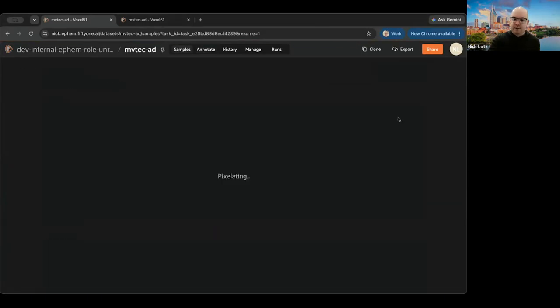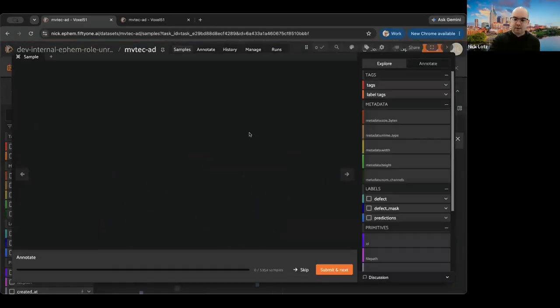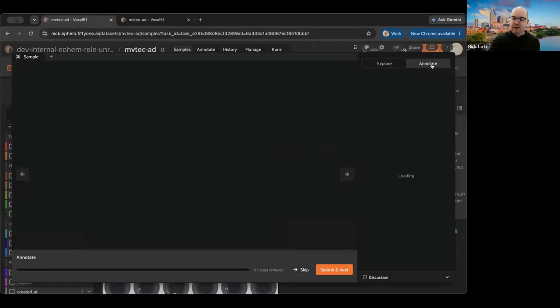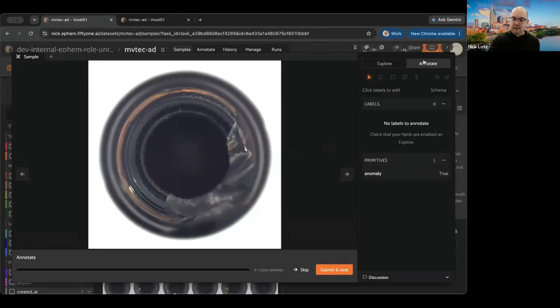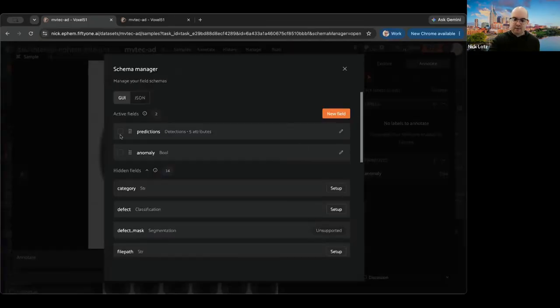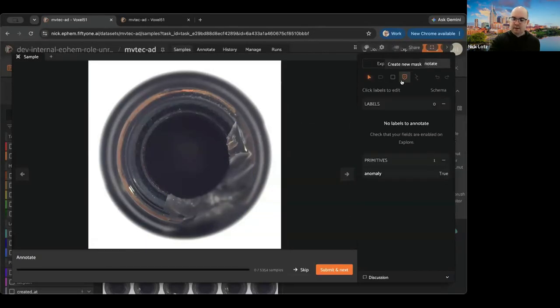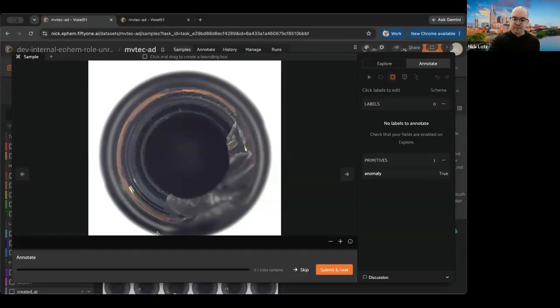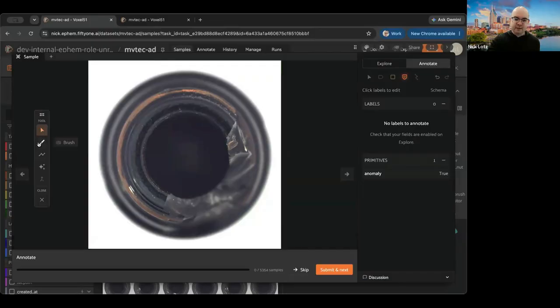Again, we have all the samples here. And then as an annotator, as I am starting the labeling process, depending on what I'm doing here, let's say that instead of just anomaly, I am labeling segmentation masks. Or actually, let's say I'll just do detections here, for example. So here I'll do predictions, annotate. And there's a couple ways I could do this. I could do a bounding box, which is kind of silly here. Doesn't make a lot of sense. Here, if I do a segmentation mask,